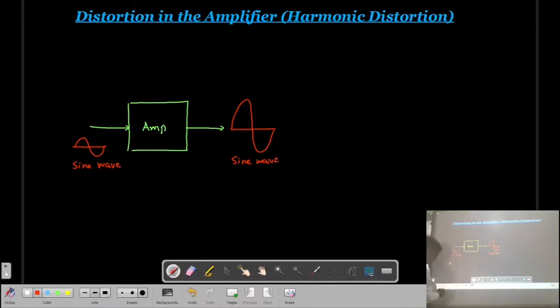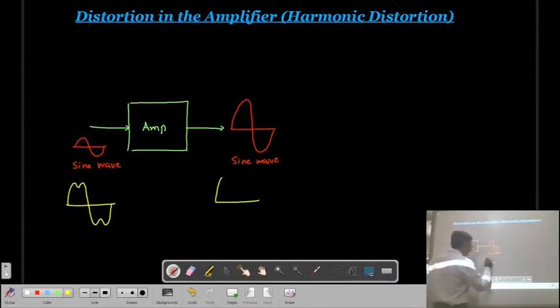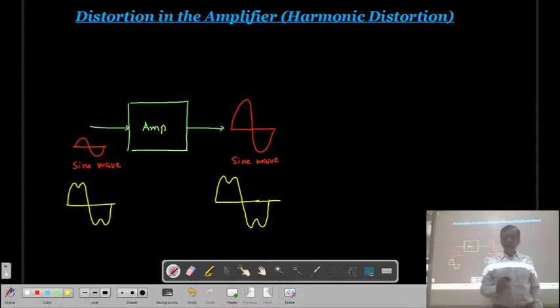If my input signal is like this, it is not necessary that it is a sine wave. Your amplifier is going to amplify any kind of signal. It can amplify a sine wave, square wave, triangle wave, sawtooth wave, or a complex signal. So if this input signal is just a complex signal, then the amplified signal is also a wave of the same shape. Then here we can say the distortion introduced by the amplifier is zero, or no distortion is introduced by the amplifier.